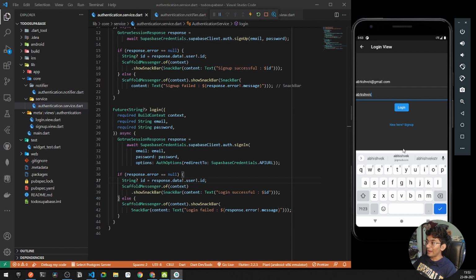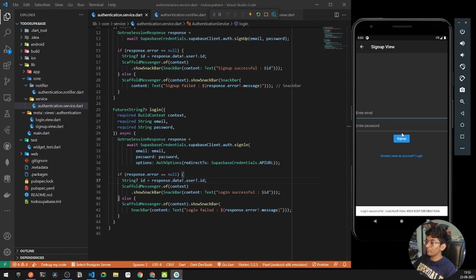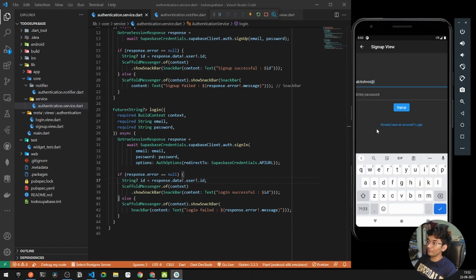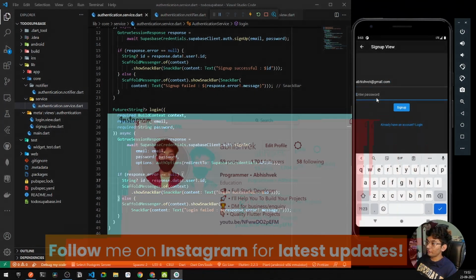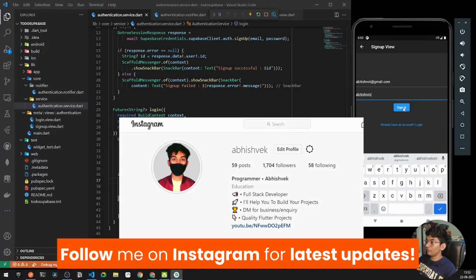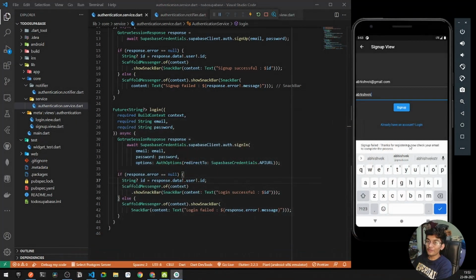You can see we'll be getting our ID here. And if I try to sign up with the same username, I will be getting a somewhat different response. Let's try to sign up. You can see thanks for registering, sign up failed, because we have already registered and we cannot register again. If I add a 1 and sign up, you can see sign up successful and we'll be getting our response.